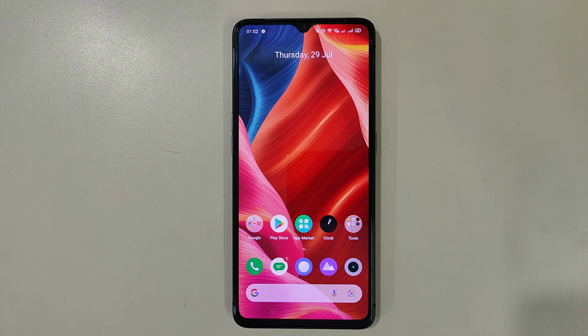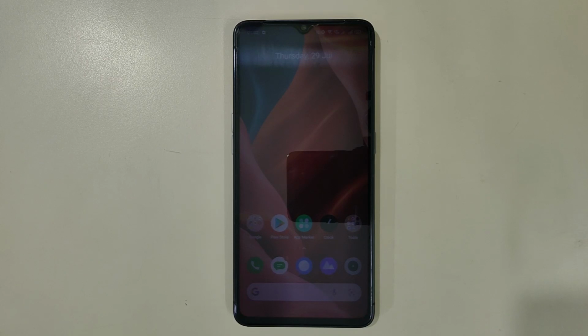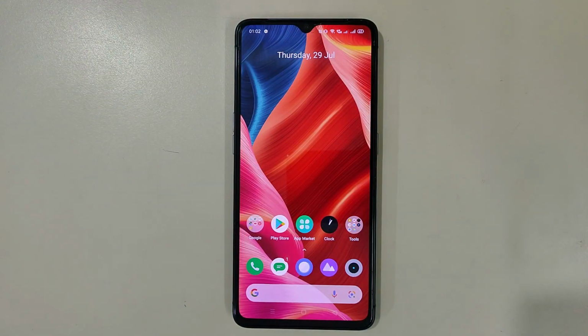In this process, each and every step is very crucial. If you miss or skip any step, it will break your device, or maybe you will not be able to boot into Realme UI 2 and you cannot even roll back. So better watch the whole video to get an idea on how to do it properly step by step, and you can be successful.